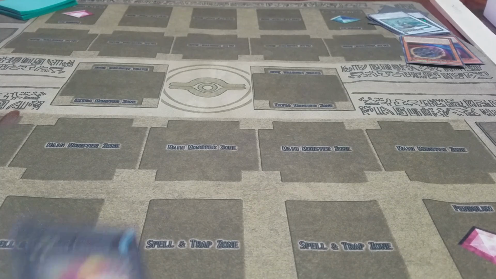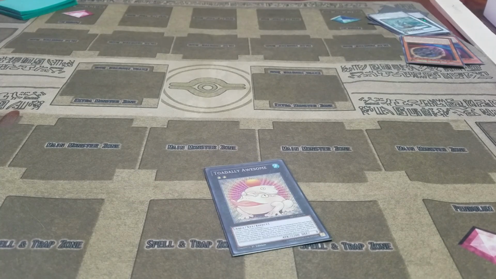I play 1 Toad because why not? The deck has the ability to play Toad, so why not? For those who don't know, though, with this deck you never use its detach ability because you're always summoning off a shark, so it never has materials. So the only effect you're ever using is its effect of tributing a water monster from your hand or